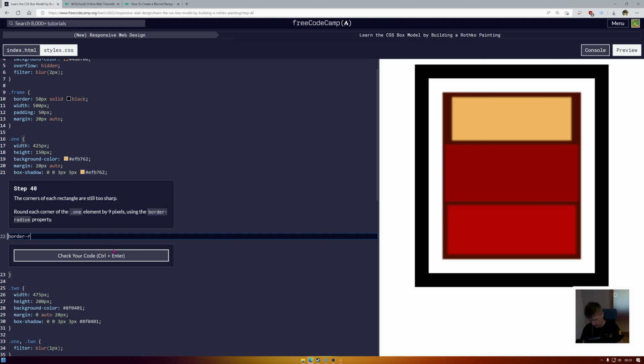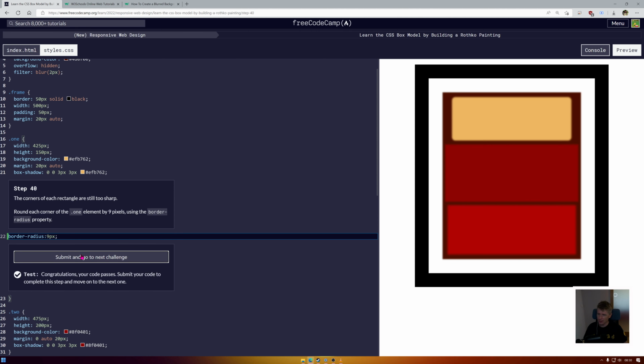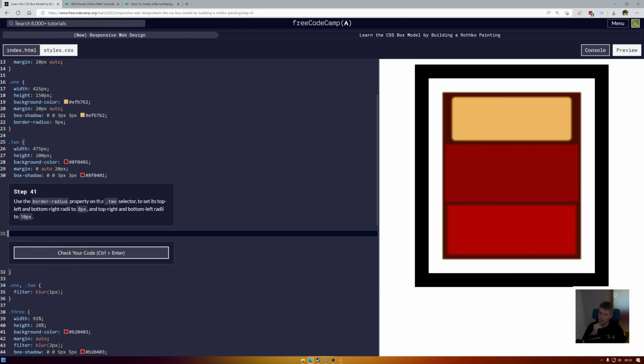Yes, border radius is one of my... I don't know, if I had to pick a favorite CSS property, border radius would be high up there. I love it. I know. I don't know why. So we just set this to 9 pixels. And now we have some rounded corners. And now for 2, set its top left and bottom right to 8. Top right and bottom left to 9. So here, border radius. And we're going to say,